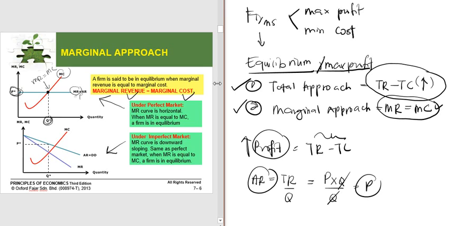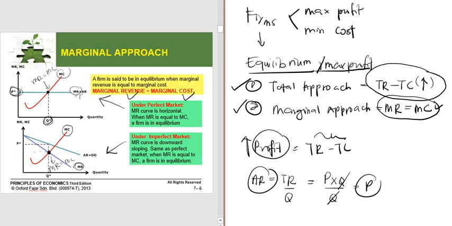Meanwhile, for imperfect market, average revenue is higher than the marginal revenue curve. Marginal revenue is this one, marginal cost is this one, the red curve here. The condition for equilibrium using marginal approach is MR equals MC, so MR equals MC is here, at this point. But if you drag from this point, this is marginal revenue, it doesn't